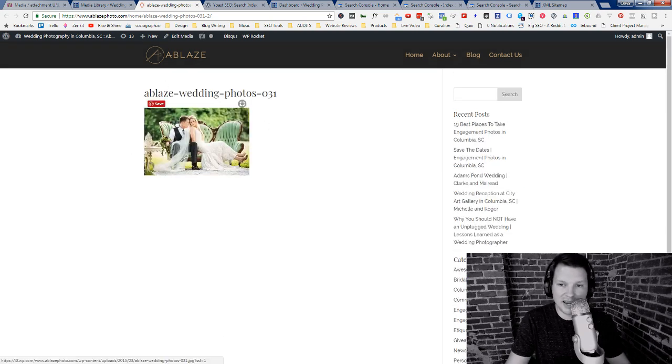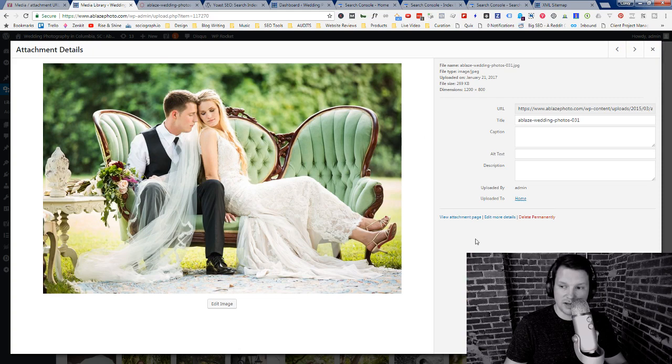The thing is, this page can be optimized for every single photo on your site, and there may be some sites that actually utilize the features and the ability to optimize an attachment page for every single photo. It's very unlikely that most photography sites are going to be doing this unless you are potentially some sort of stock photography website, or you are just very intentional about uploading specific images that you want to rank individually as images. So what you could do is, if I go into edit more details, this lets me edit the attachment